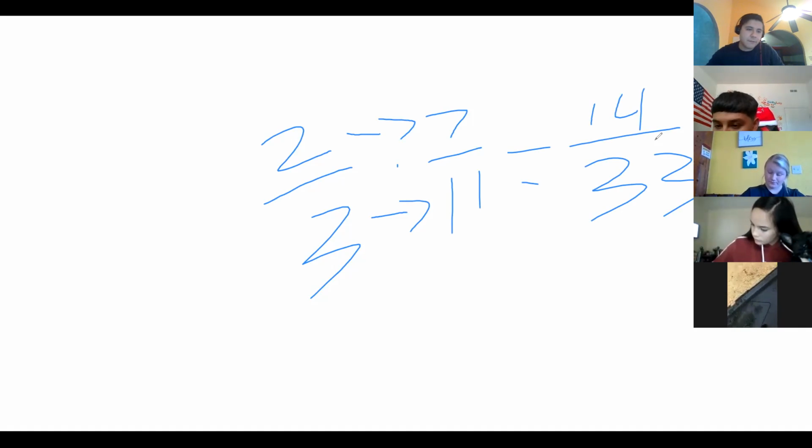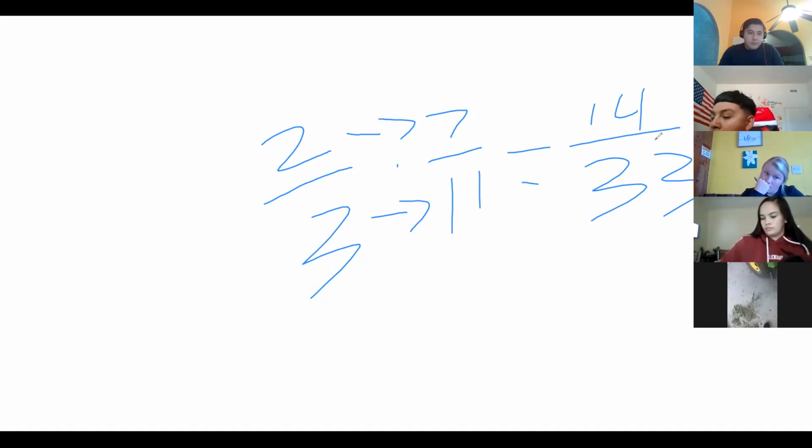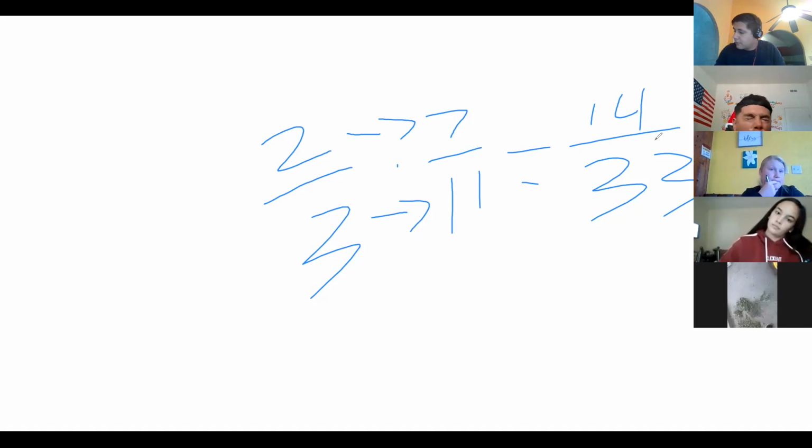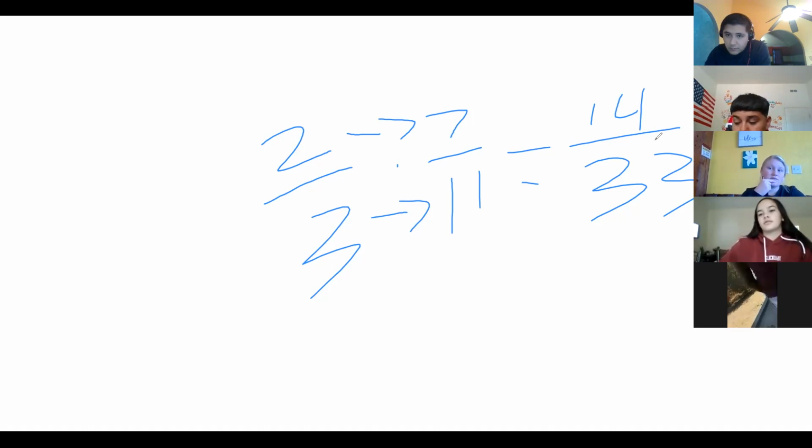Now, can we reduce that fraction, 14 over 33? To a mixed number. It would be